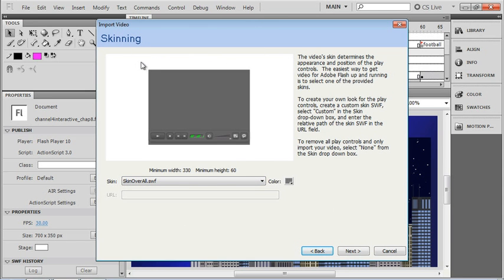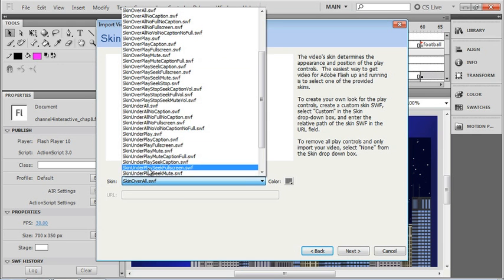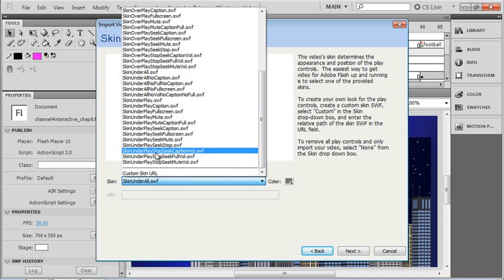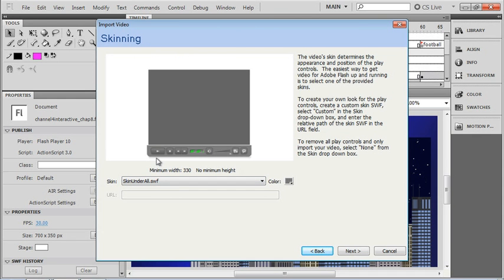We choose one of those, and that's where we have the controls floating over top of the video with the transparency. Then we have the skin underlook, and this is where the controller hangs down at the bottom of the screen. Within each of these looks, we also have a number of controls to select from. If you choose all, like I have here, you can see that we have a lot of different controls already built in. Play, stop, rewind, forward. We've got a progress bar or a scrub bar, a mute button, volume controls, a full screen, and a closed